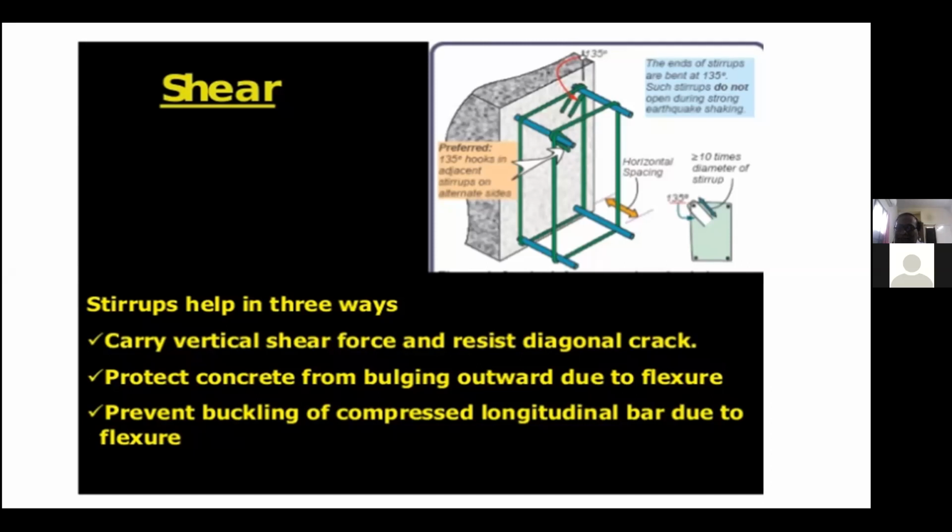That is normally the practice. You have to verify the minimum requirement anyway, but the minimum diameter is going to be 8 millimeter. Whenever you use 8 millimeter or 10 millimeter diameter as a stirrup, what is your hook length? The hook length is going to be 10 times the diameter. Suppose you have an 8 mm bar, so 10 into 8 is 80 millimeter, which means you have to provide at least 3 inches as your hook length. So the two important things you have to carry are: all the stirrups must have a 135-degree hook, and the hook length must be at least 3 inches.